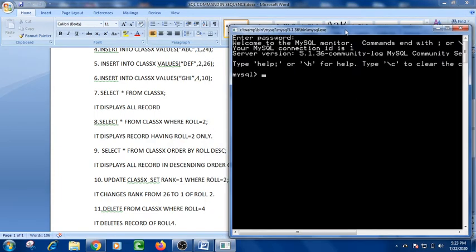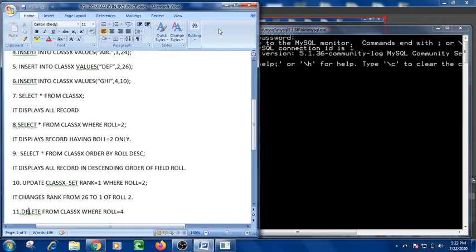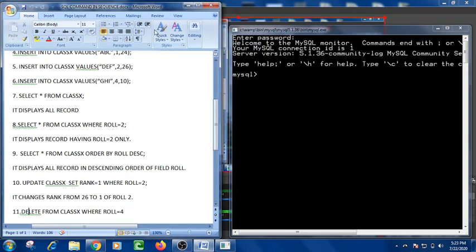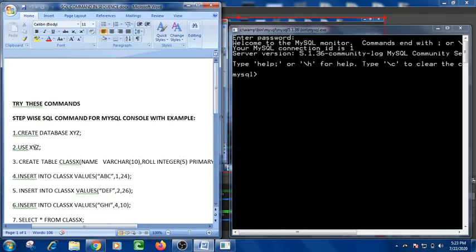The first thing that all of us are going to do is to create the database. As I told you, the command is create database. Okay, and I have given the name, suppose, school. Then give the semicolon, press enter key.